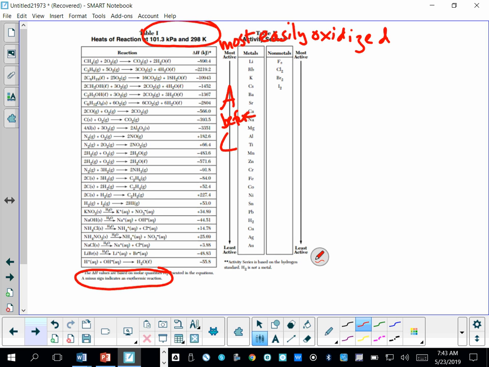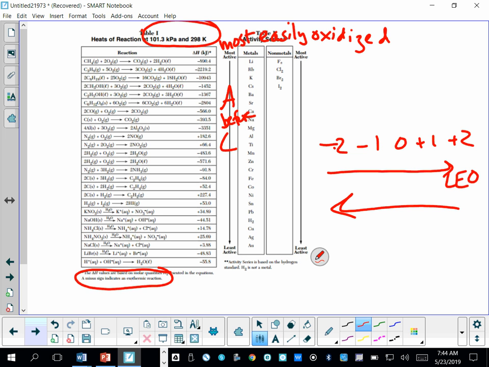We're also going to write, I'm going to do this to the right, I want you to do it underneath your table J. We're going to make a little number line. So we're going to do -2, -1, 0, +1, +2. A number line, and if we are increasing, remember for increasing in charge, you're going to write LEO, loss of electrons, oxidation. So an increase in charge is oxidation, and then we're going to draw another arrow going in the opposite direction. Now we're decreasing in charge, and we're going to write GER. Leo says GER, gain of electrons,